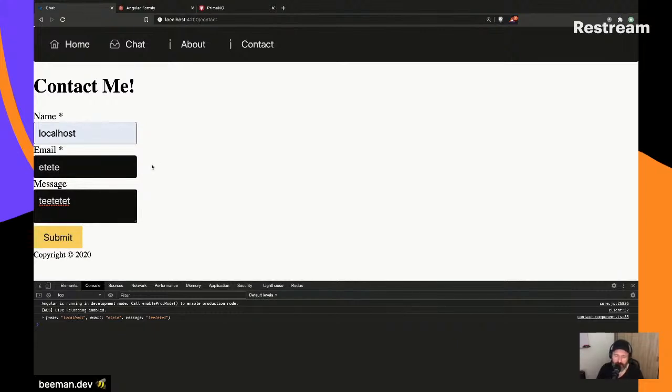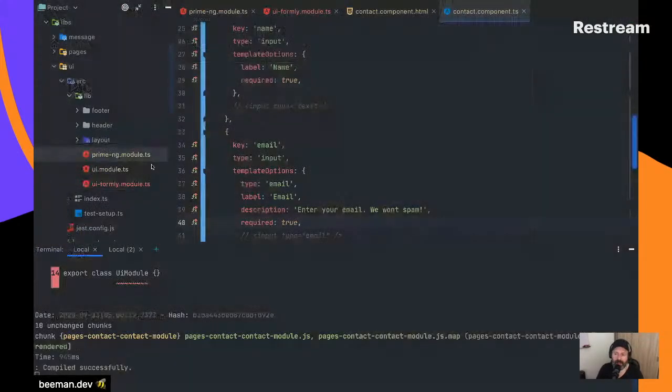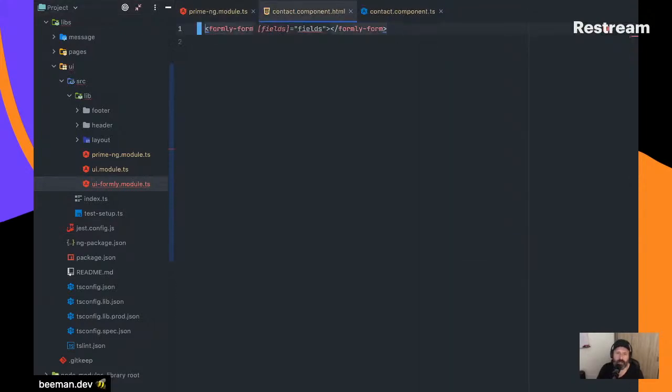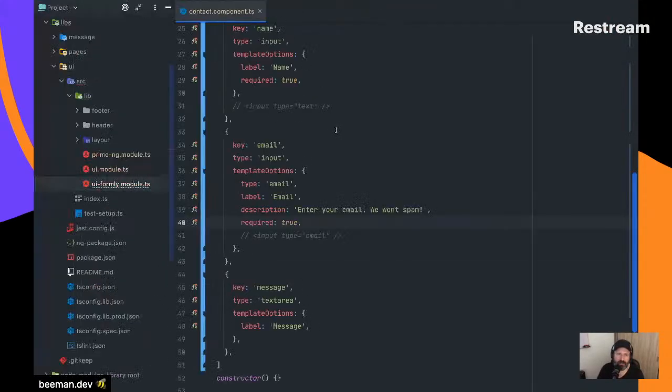So just to recap, what we've done is we've installed the dependencies, we created a simple module and loaded the Formly module with the Formly module of our integration, and exposed this UI Formly module throughout our app. And inside our app, this contact is the one, but actually I'm interested in the component. Then inside the component,